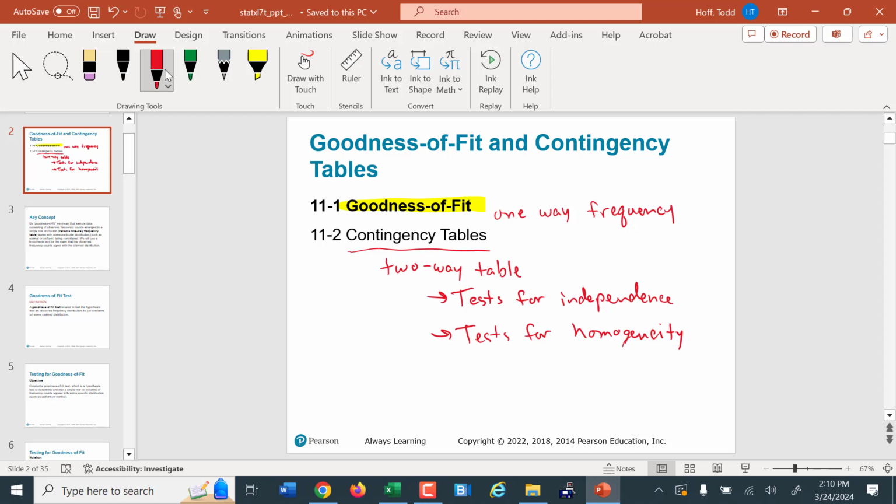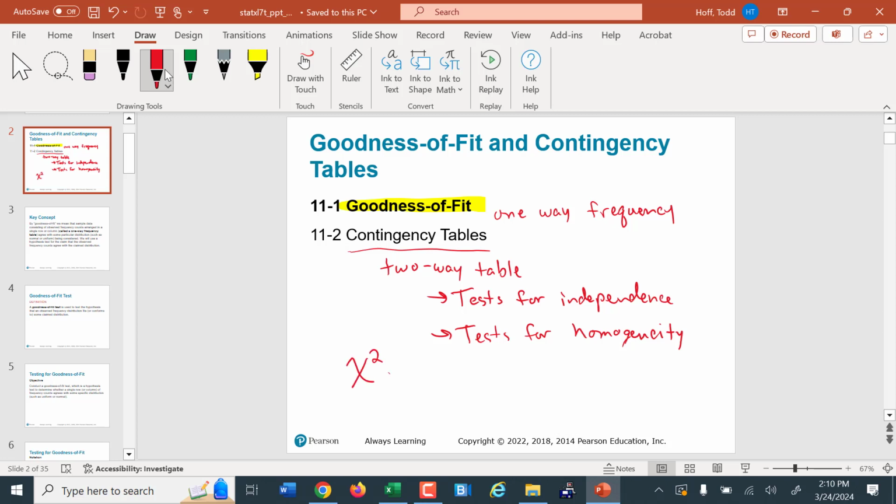And they're really the same test. Test for independence is just saying the two variables being measured don't have an effect on each other, or they do have an effect on each other. Homogeneity is just saying the proportion of occurrence in all the horizontal categories is the same for each vertical column. So the distribution, the probability distribution being used here